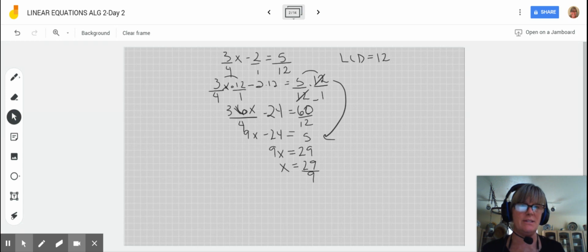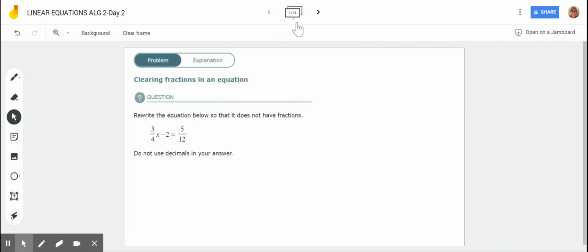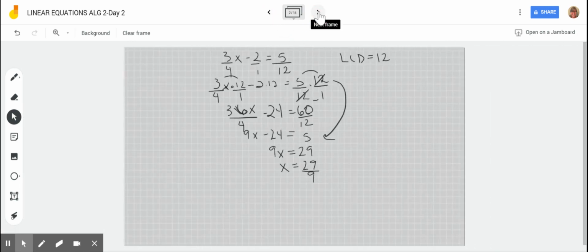I chose to separate them simply because I wanted you to get practice working with the fractions. And now we're going to do the check, which is often more intimidating than doing the problem. So I just wanted to make sure you knew how to do it. Okay, I'm going to start right here and take a look at this frame. So this was the first problem, okay, and we ended up getting,